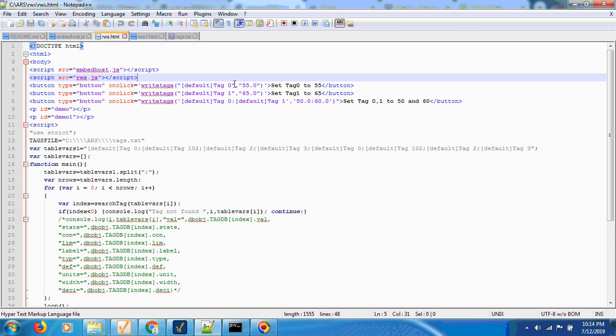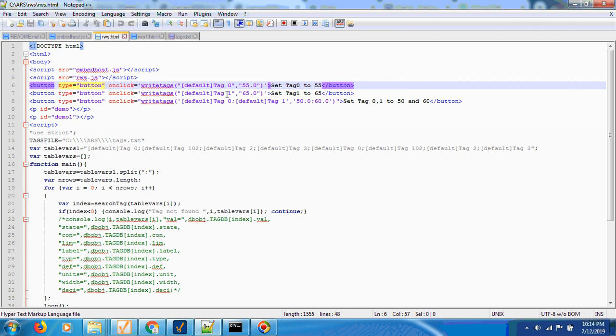If you have multiple tags, you have to give them in this string separated by a semicolon, and the corresponding values have to be given here. So you have to give the values correctly, because there is not much data validation code being done by this small module, because we expect the users to be knowledgeable